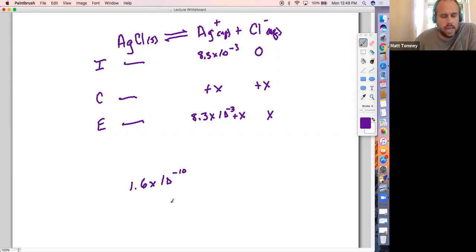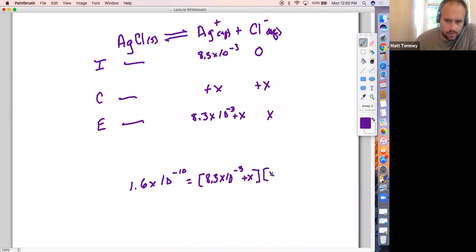Again, you could get that value by going into your charts in the back of the OpenStax book and finding that. All right, now I have to set this equal to, all right, these all have a 1, so none of these values are going to be squared or cubed or anything of that nature. So it'll be the silver concentration, which is going to be 8.3 times 10 to the -3rd plus x